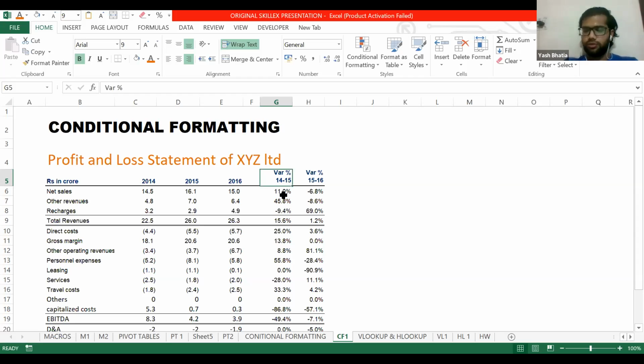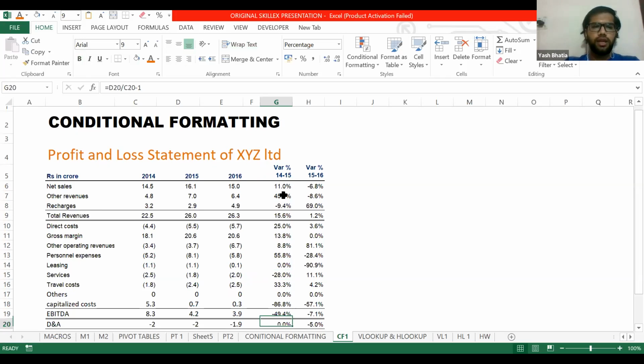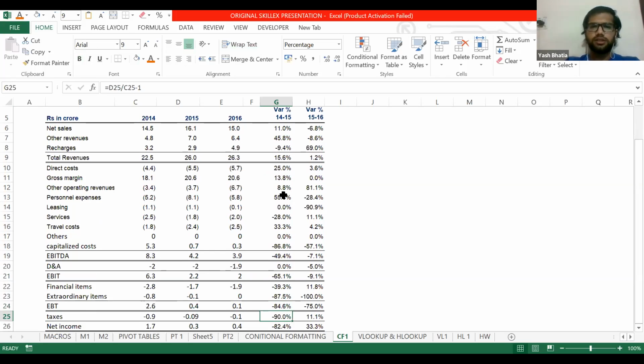So what I have to do, if I submit this P&L to my executive, he is not going to read all the numbers. He needs some tool to visualize the data. We all know that numbers are the best way to measure anything, but visualization of the numbers could help you understand the picture faster. Conditional formatting gives us the tool and a quick rule of thumb to visualize the data. Let us select the data which we want to visualize. Let's select the variance which represents growth. I select it. Here, conditional formatting.